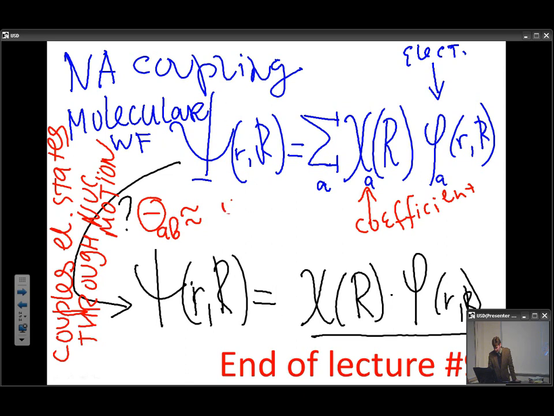And one can write it in this way: electronic function A, then the derivative with respect to the position of the ion, then electronic function B, then you do integration,